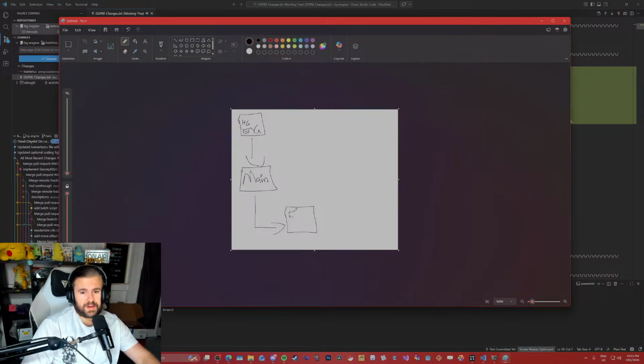Can I just type? The pencil sucks. And then this is the end product. This is like the game. This is like the AI dev.